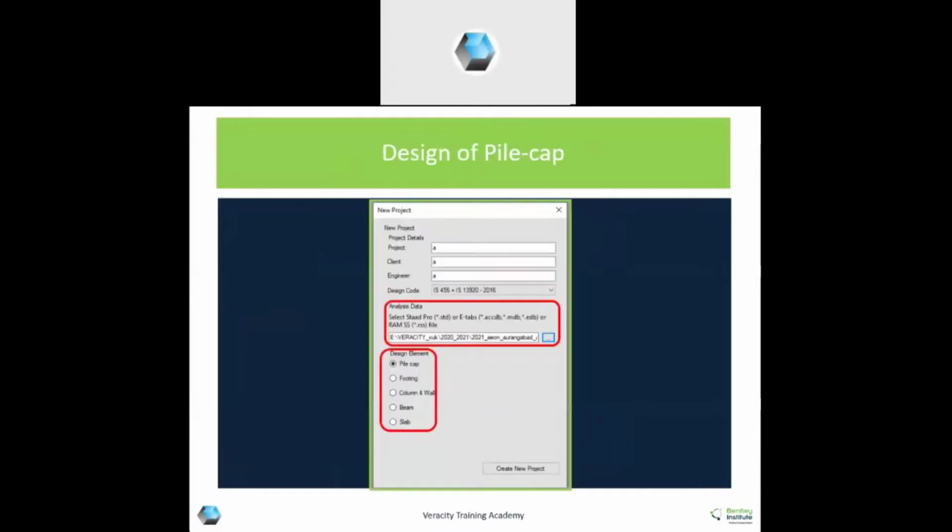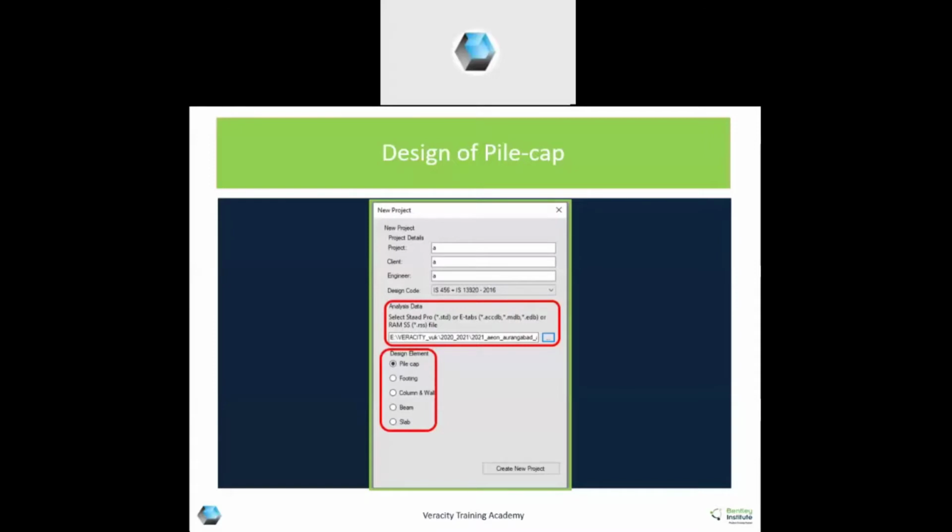You get the next screen, where you have to input the project details: your project, client name, engineer, whatever details you want for your future reference, you can input that.